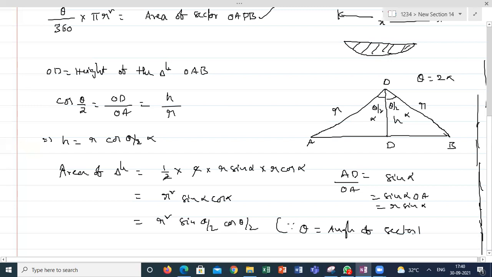But in a descriptive question, you should not use the formula straight like this. You have to calculate the height and show all the process. But in MCQs, there is no need to show it. Let's see whether we can use this straight formula. So, the area of the triangle formed by the chord with an angle theta at the center.